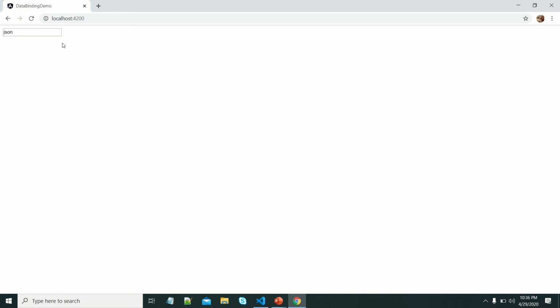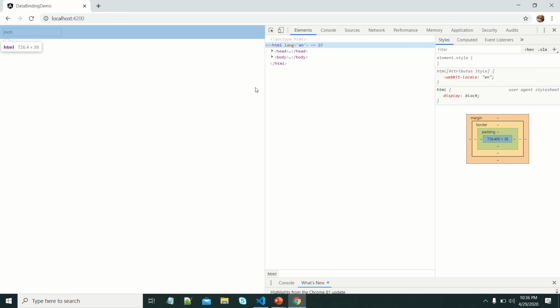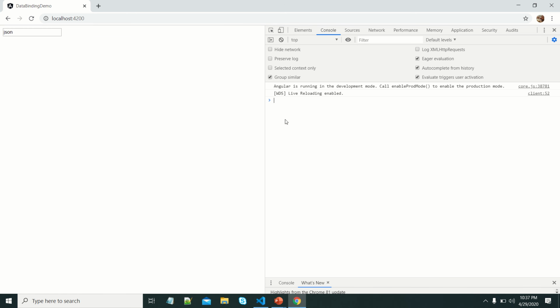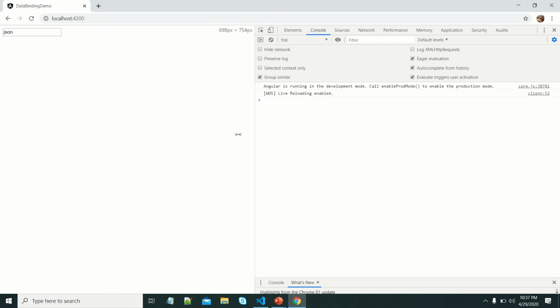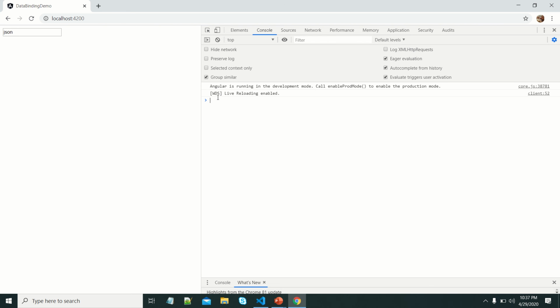Let me find the same thing with the simple example program. We need to open developer tools: right click, click on inspect. Here, let me open the console. Here we can write simple JavaScript statements and see the output.